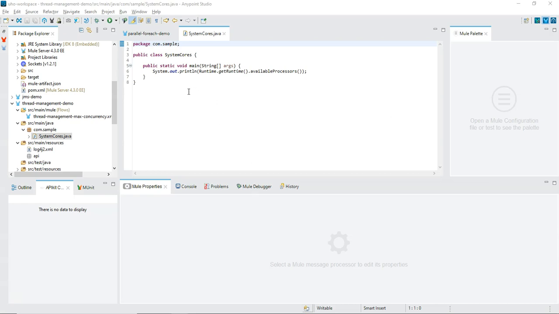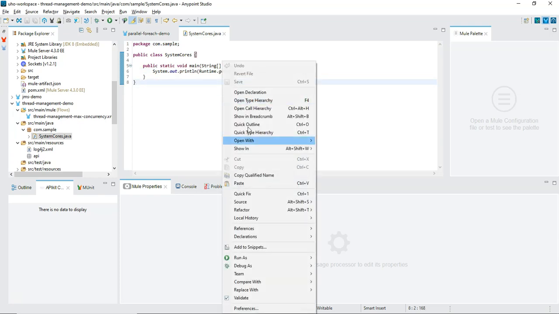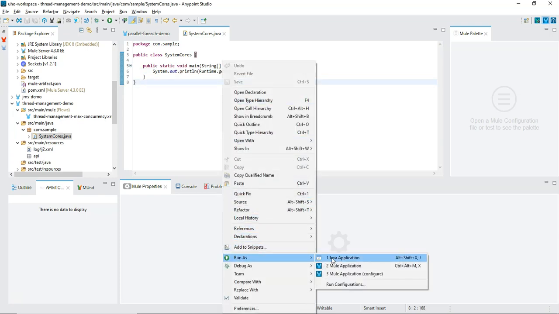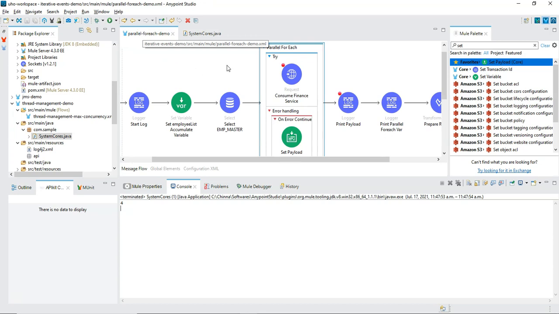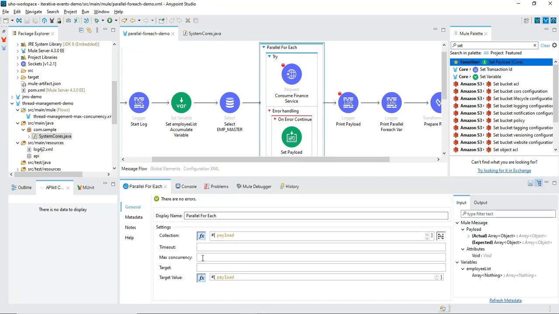For that, I have written a Java program which will print the number of cores available in my system. Let me run this. It printed 4. That means my system is a 4 core system. Then the threads I provide should be less than or equal to the number of cores, that will be 4 or less than 4 here.